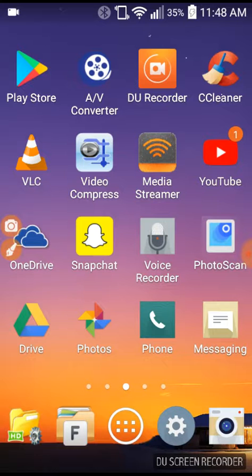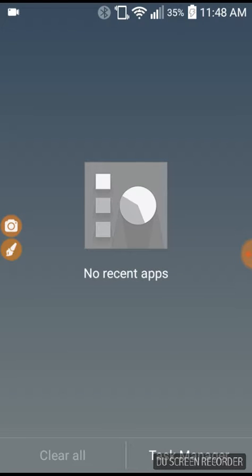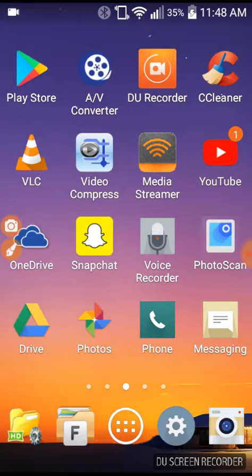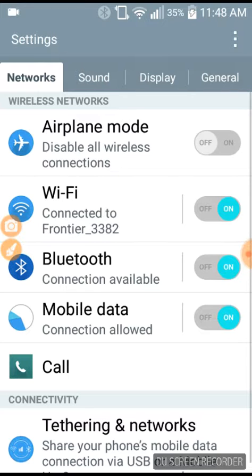Like at the bottom of your phone, you might not see this, but there's a place where you can tap and it should be your task manager. What you want to do is clear everything on there so all those processes are shut down. Another thing you want to do is go into your settings and shut off your Wi-Fi, your Bluetooth, your mobile data, or anything that's going to take up process power